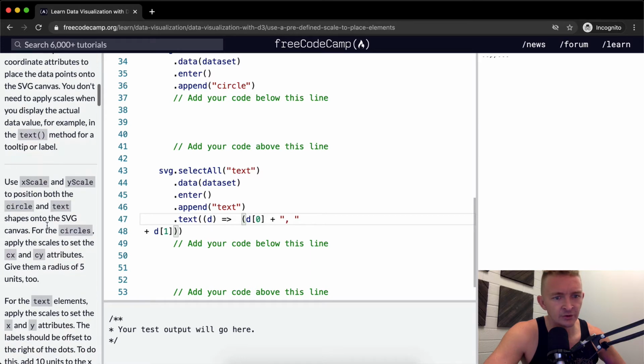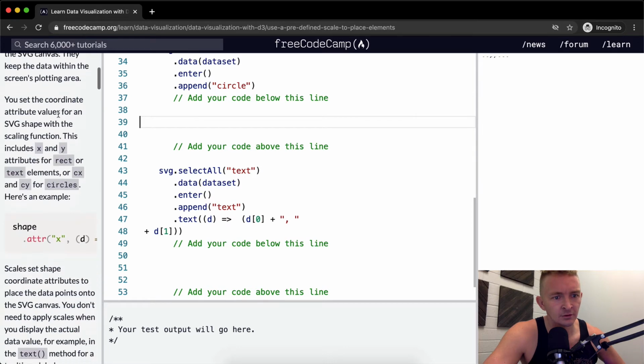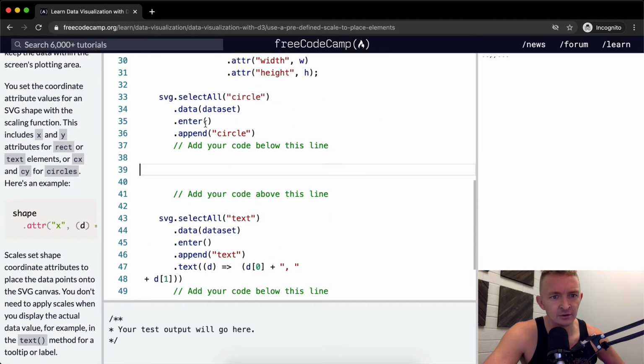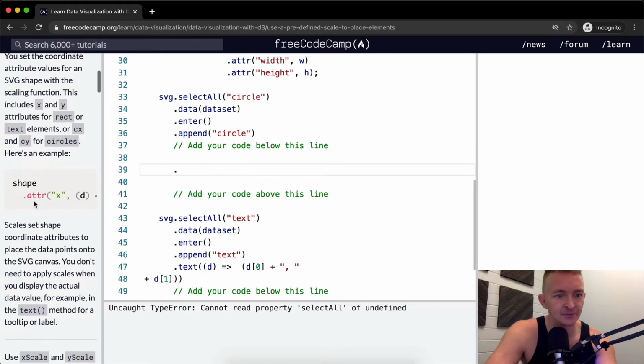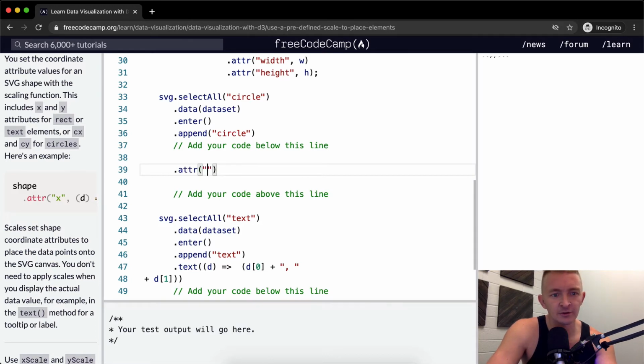Okay, and so we want to use the X scale. You want to add your code below this line. Shape.attr. Select all circles, append. Here we want to chain some more elements. So we're going to be doing something like this. Append circle. Okay, so here we'll go attr, and then within here, we're going to say,